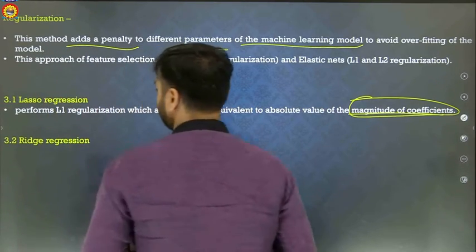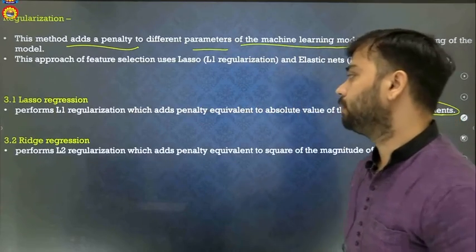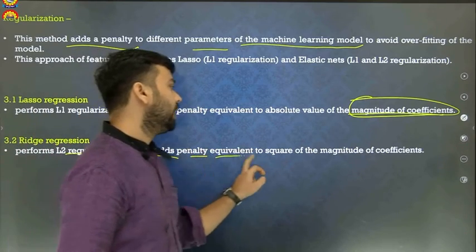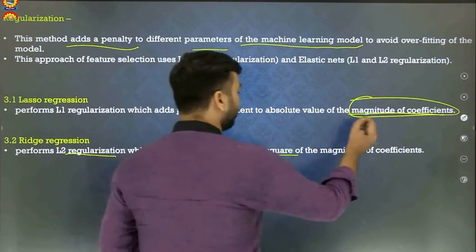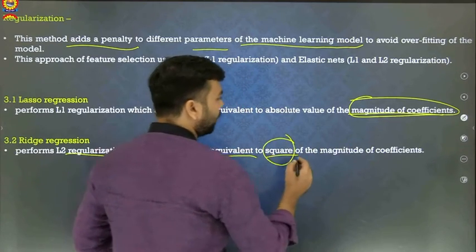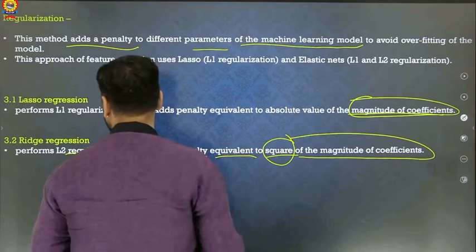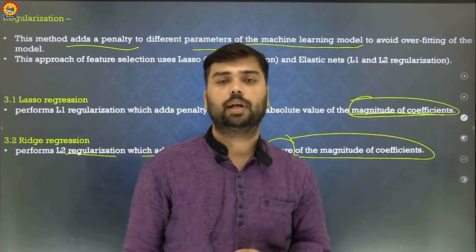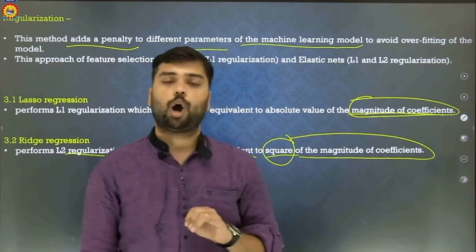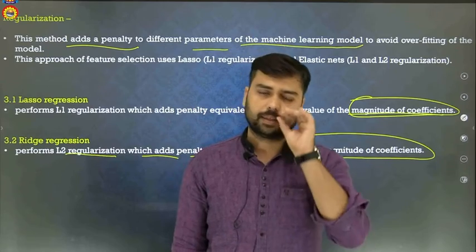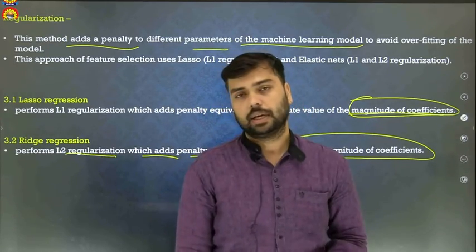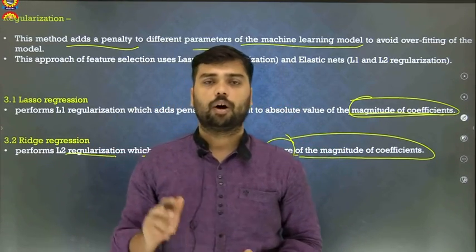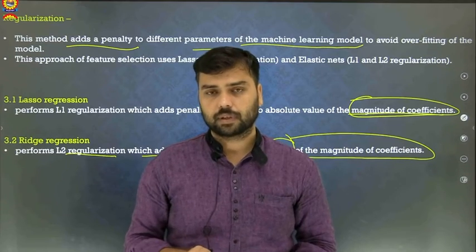Ridge regression performs L2 regularization, which adds a penalty equivalent to the square of the magnitude of the coefficient. Here, in L1, it is the normal magnitude of the coefficient, and here it is the square of the magnitude of the coefficient. So it is known as the ridge regression method. Today we discussed all the popular methods of filtering, all the popular methods of wrapping, and lastly two simple methods of embedded. We also have Python code for it, which we will discuss in upcoming classes.